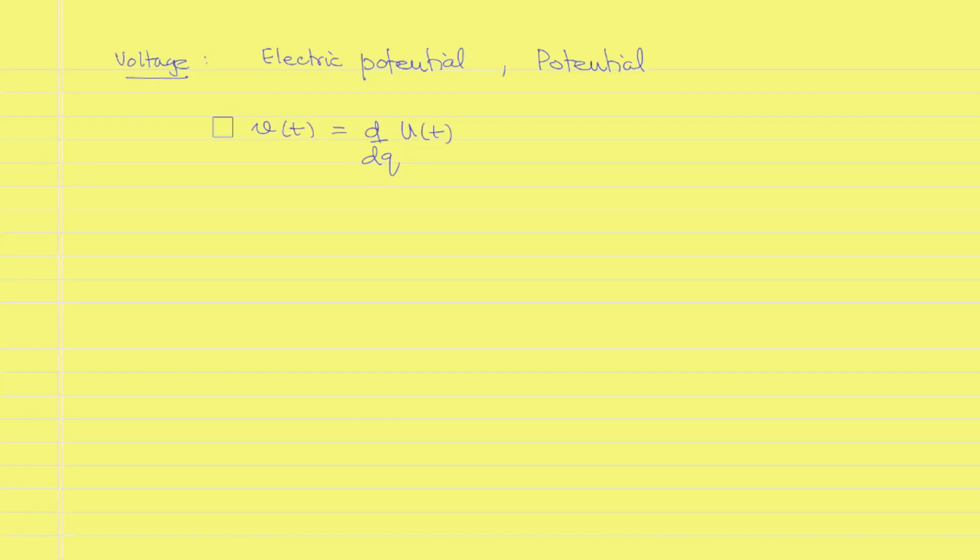Voltage is a quantity that is measured across 2 points. Once again, if we draw an element as a box which is connected between two terminals A and B, then the voltage V of t is the value which is measured across the element or from point A to point B. We usually give the voltage a reference direction by putting a plus sign on one side and a negative sign on the other side. This is the reference direction with respect to which we will measure the voltages, and if the voltage has a graph as a function of time,